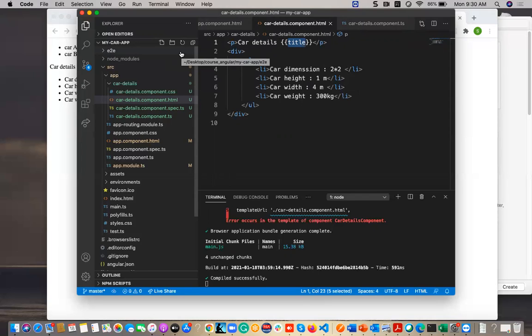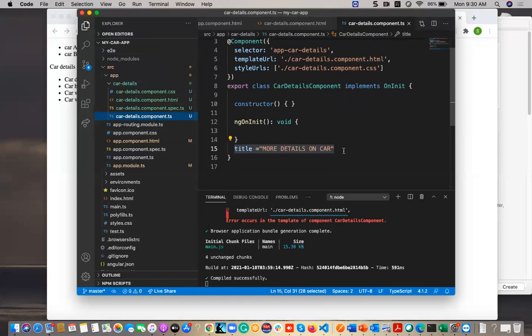So suppose, let us think, I have some array here in the component section. So for example, I have here some car parts or something.